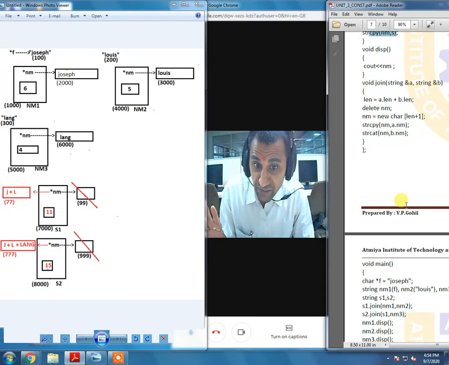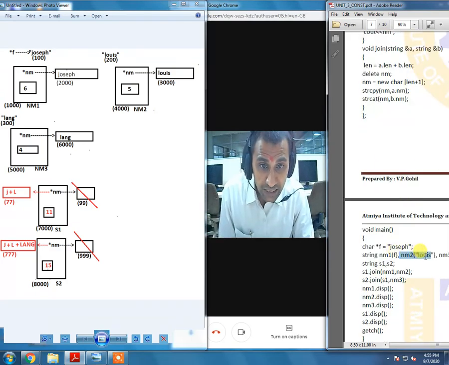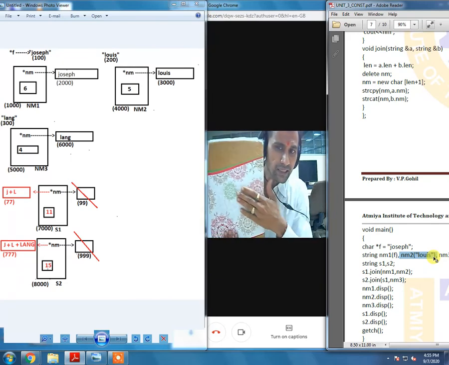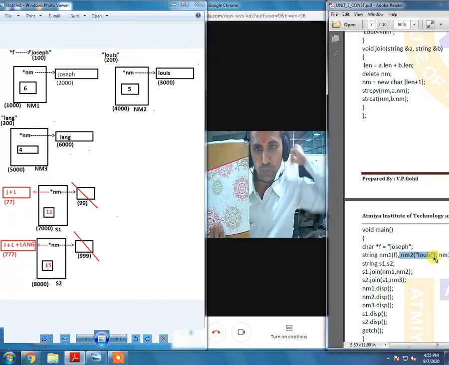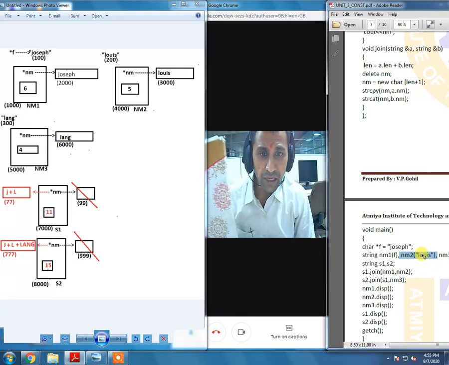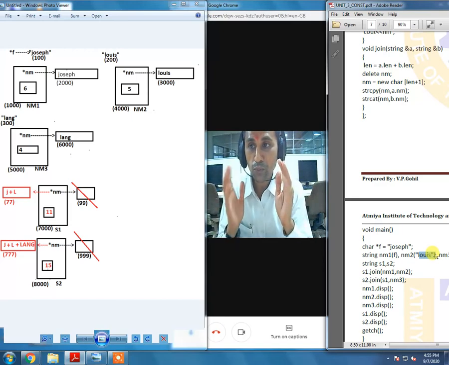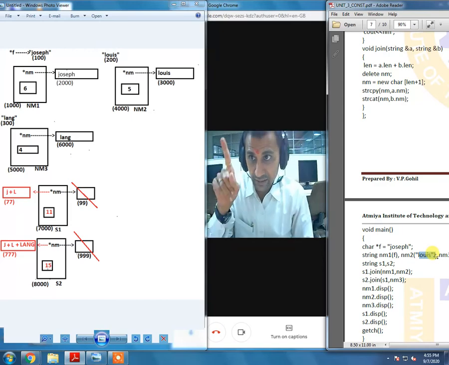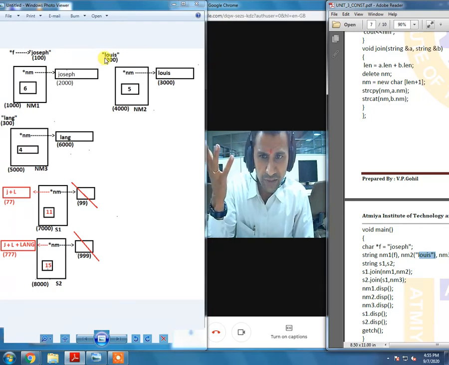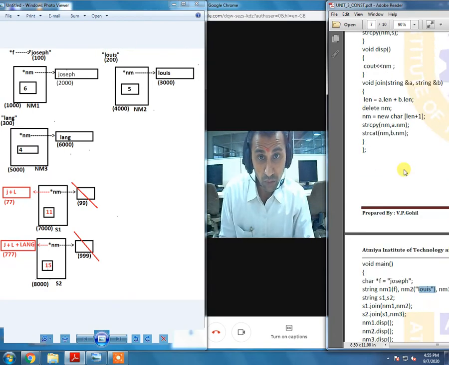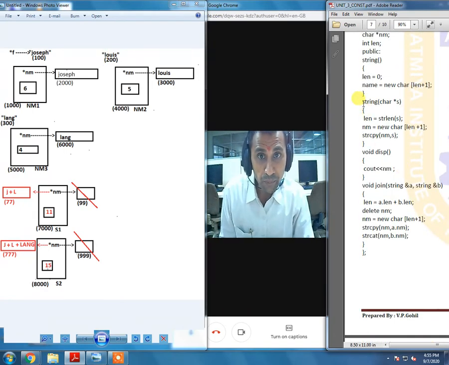Okay, so where are we supposed to move? The second object, the creation of the second object. Let us consider this one as the second object, name2. Once again, we are passing the entire string Louis as an argument. So what is the compiler going to do? It is going to put that string Louis in some buffer area, just like this, right? Let us assume the starting location of that string is 200. Okay, so the address 200 is going to be passed, because we are talking about the parameterized constructor.